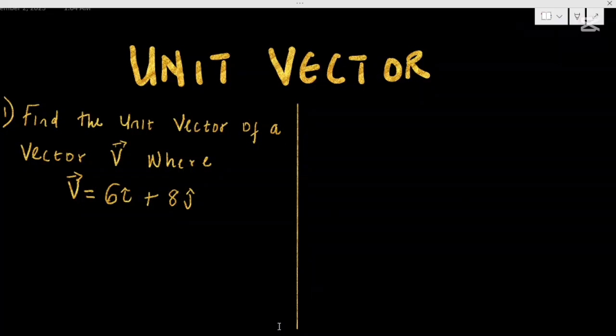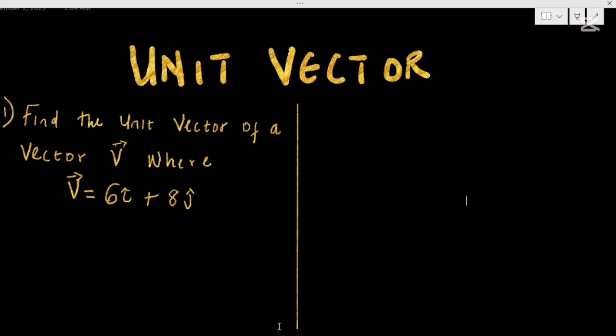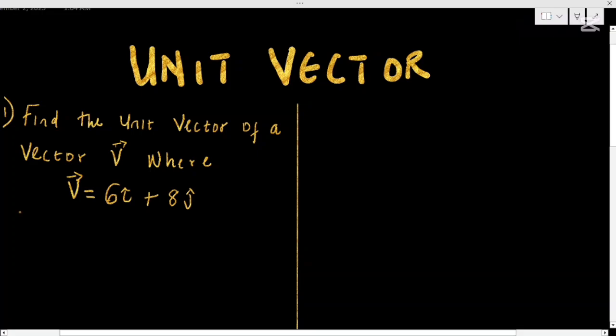So in this lesson, we are going to be learning how to find the unit vector of a vector, right? Now, we need to understand that when we're talking about unit vector, it is a vector that has a magnitude or a length of 1, but it moves in the same direction with the actual vector, right? Very good. So the formula for finding a unit vector is given by, we can say v